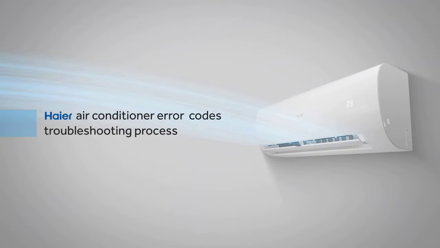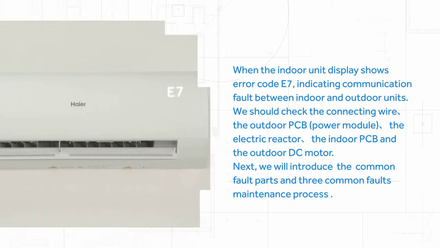Haier air conditioner error codes troubleshooting process. E7 error troubleshooting. When the indoor unit display shows error code E7, indicating a communication fault between the indoor and outdoor units,